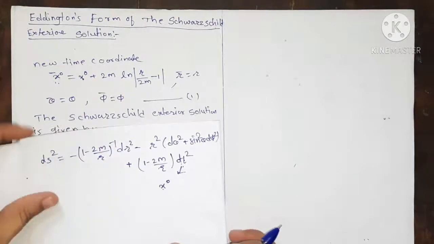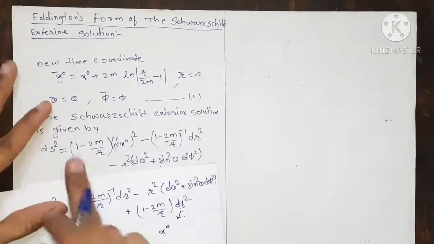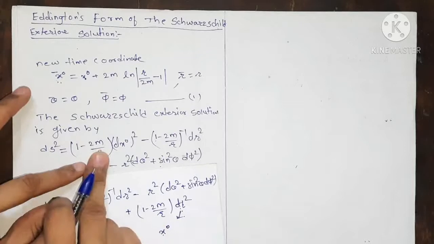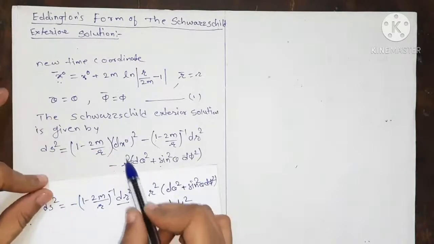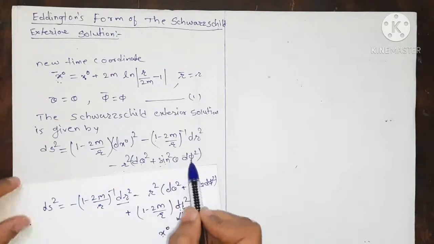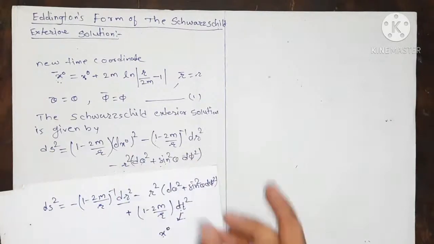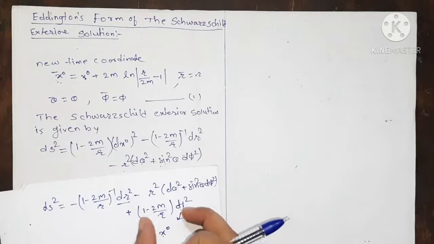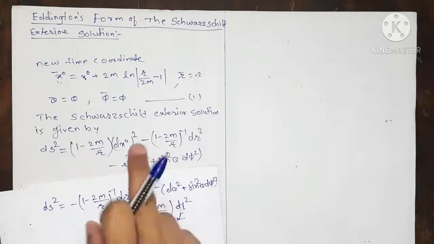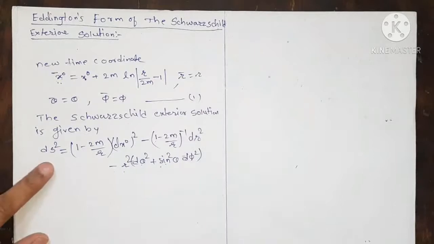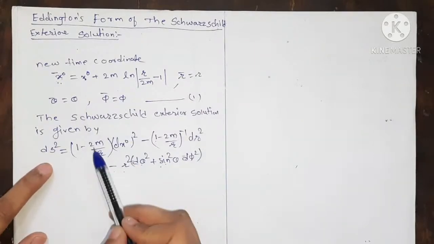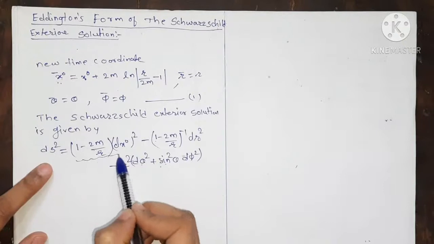So this line element is written in this form, that is this time coordinate is taken first, then we have this dr square term, and then minus r square d theta square plus sine square theta d phi square. Okay, so we have only arranged this time coordinate in the first place and this in the second place. Now, to transform the time coordinate we substitute the value of this.